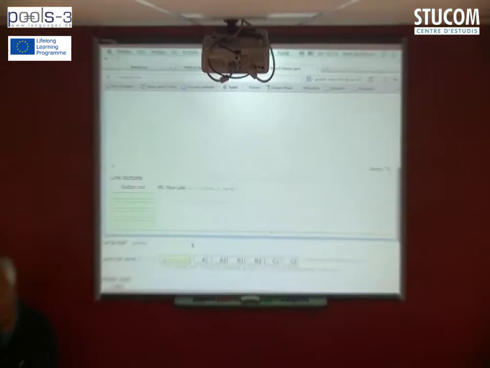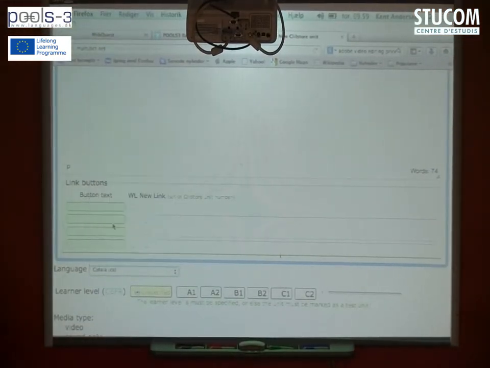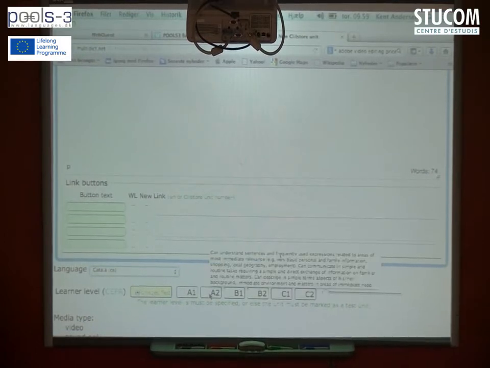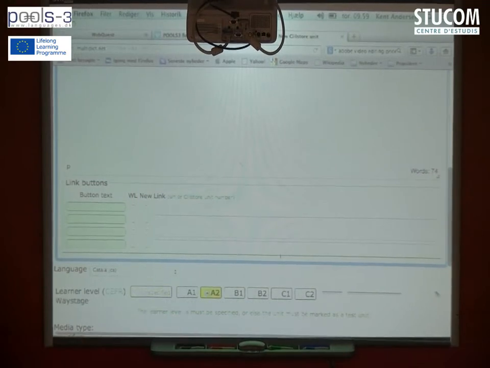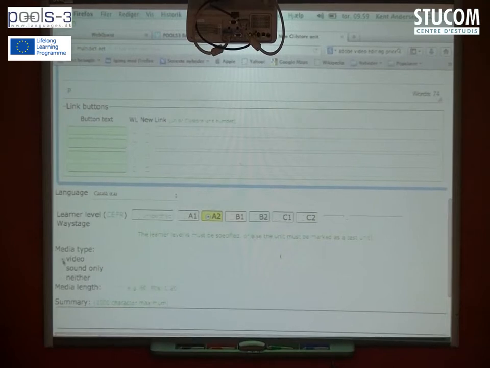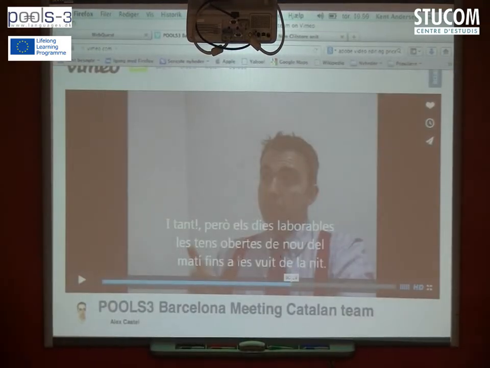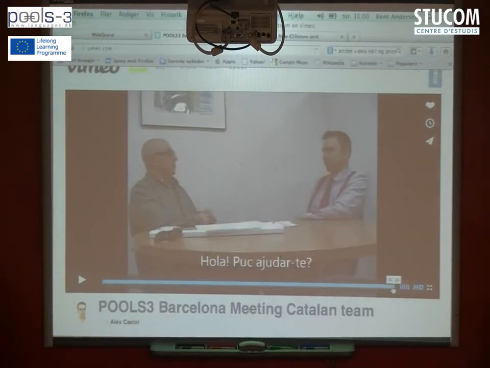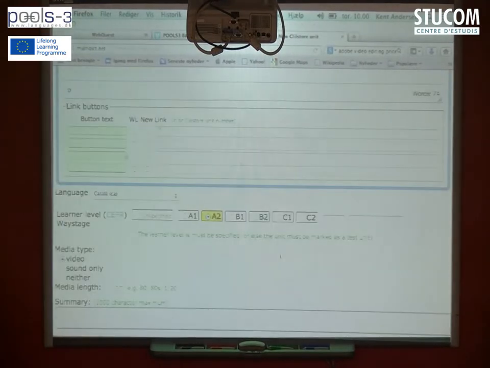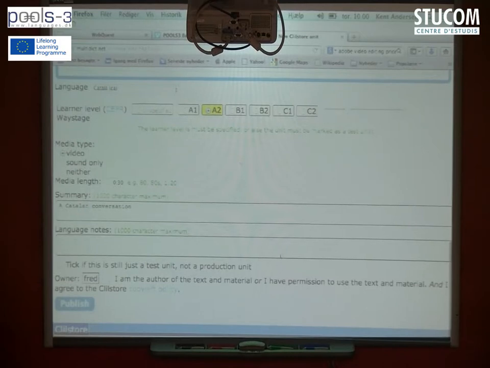And for the moment I will just select the language as Catalan. And the language level, would that be A1 or A2? A2, right. I'll have to tell that there is video, and it wants me to tell how long the video is. That's not really needed, but anyway, I could quickly check on that. It is, how many seconds? 29, or let's call it 30. So I say there is video of 30 seconds, a summary, a Catalan conversation, right, some language note, a simple conversation,